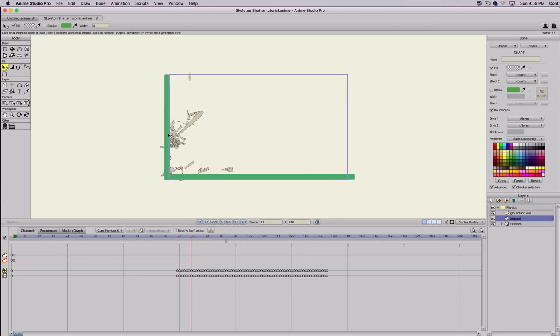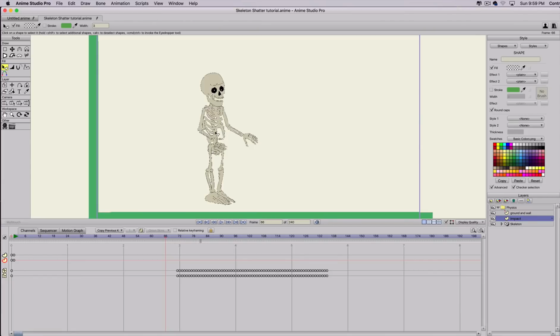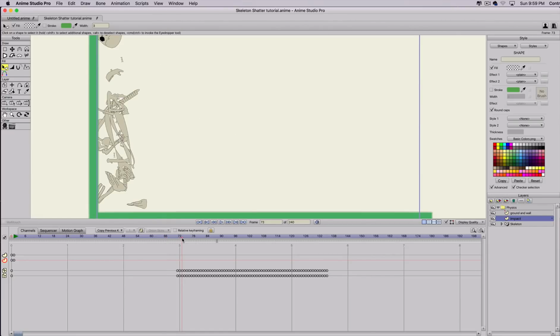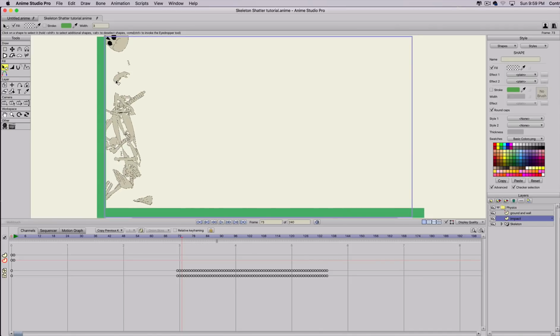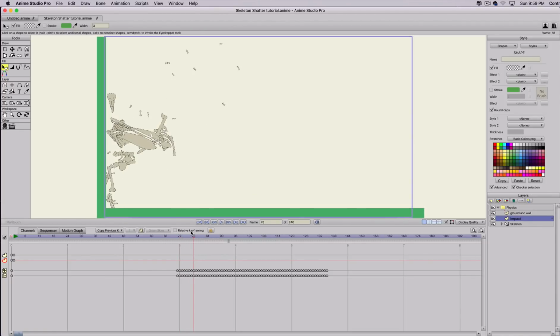See all of the teeth fly off. I mean, everything kind of just breaks apart. And if you want every single piece to fly apart, you need to have bones assigned to each piece. I did that with the fingers and stuff, so you can see they kind of just shatter into little tiny bones. But the jaw itself has the teeth still in it because it's part of one layer or one piece of artwork. But you can get real detailed with it if you want. But that's kind of all I got for